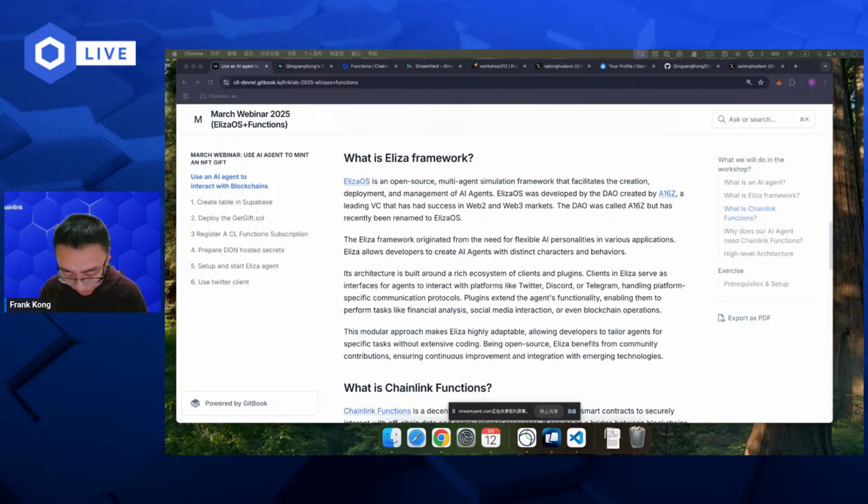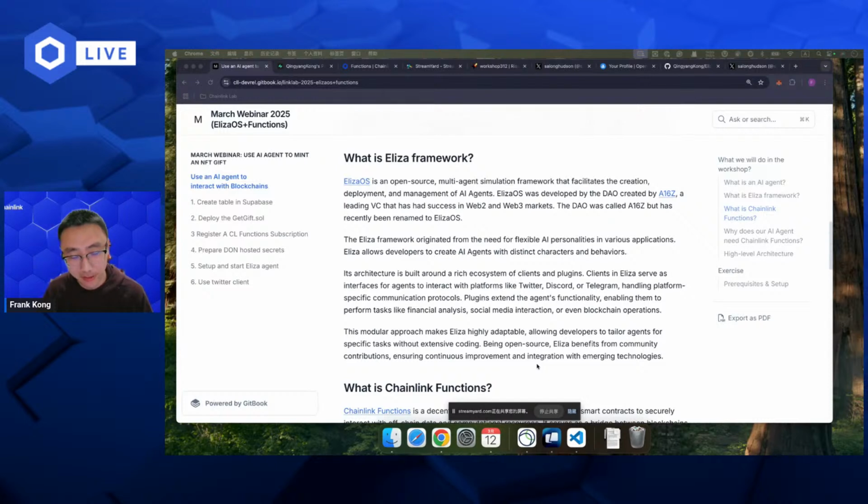Okay, the question from Harriet is, does Eliza work with Onchain? For this question, to be honest, I don't know. I think Onchain and Eliza are kind of competitors, but I cannot promise that I'm correct on this point, because both of them are frameworks for the LLM, right?